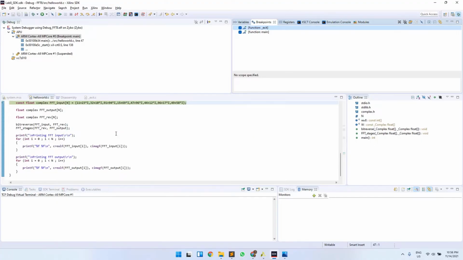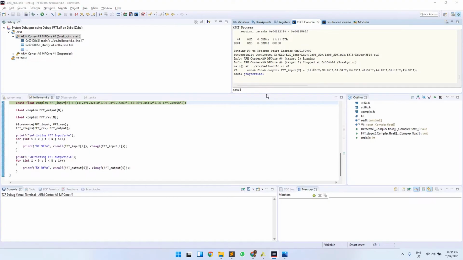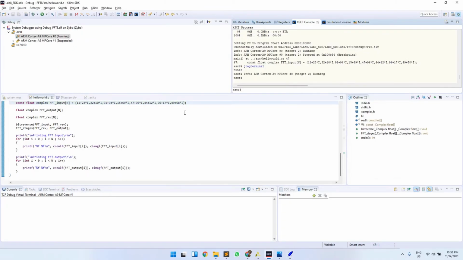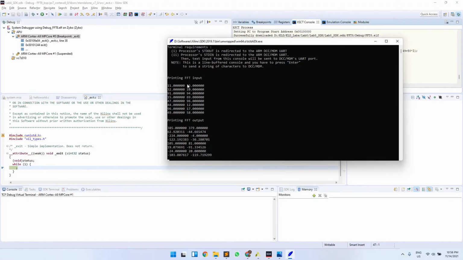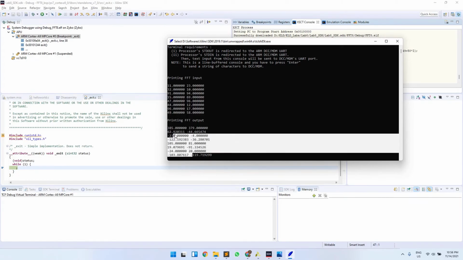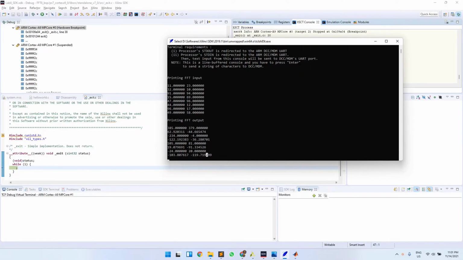Now to run this code, just type jtag terminal on the XSCT console. Then clicking on this resume button from SDK, we can see that our input FFT and output FFT values are printed here.